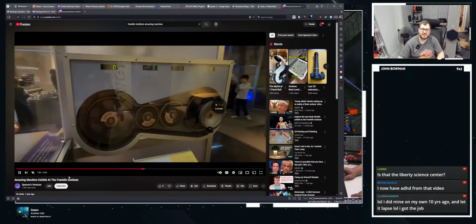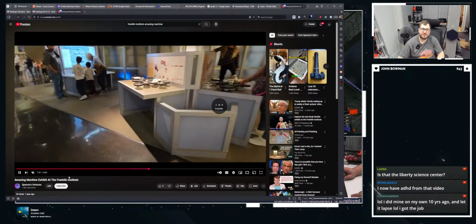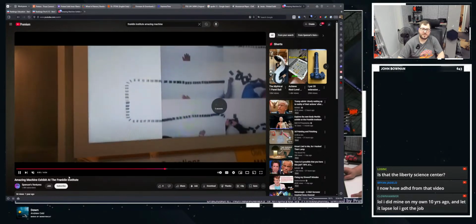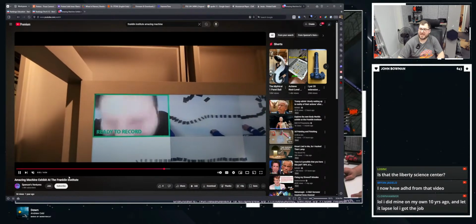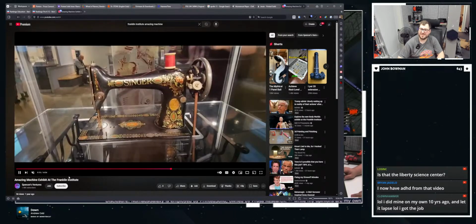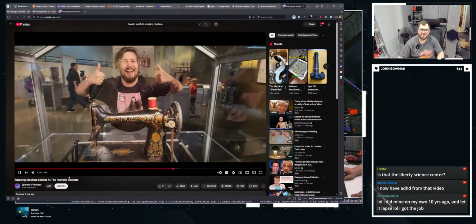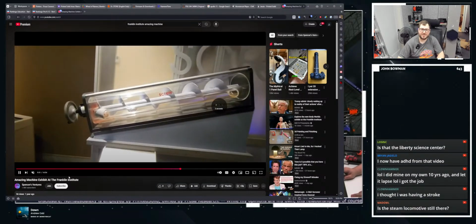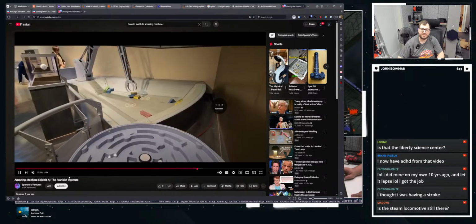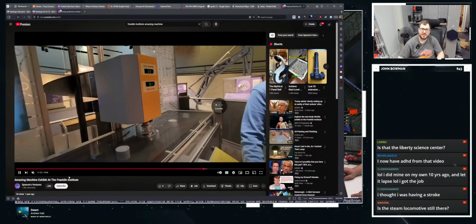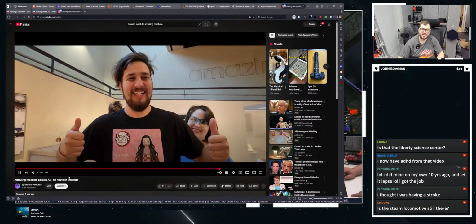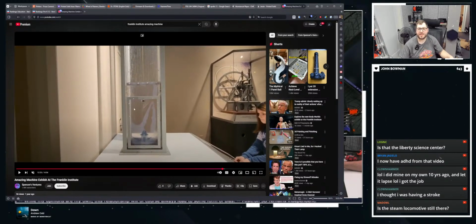Oh yeah, the can crusher. Come on. Oh yeah, I did that. I got in trouble for that because it was considered disrespecting things. Don't do that. Please don't do that. Don't lay on the domino table. Where is it? Anyway, this whole exhibit is really interactive. It's really cool. If you are ever in Philadelphia, please, please, please check it out. It is amazing. All right, done with that.